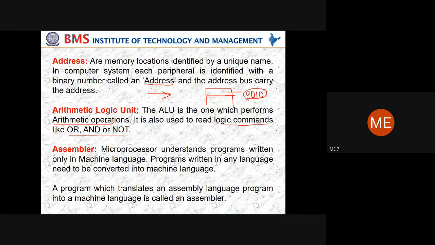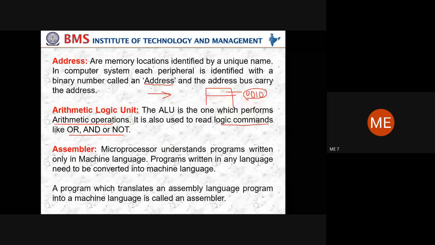Then moving ahead, we have the assembler. The assembler may be known to us. When we write a program, as a user I am going to write the program in an understandable manner. Generally we use English-like commands in order to write the program, so that it is easy for us to understand.